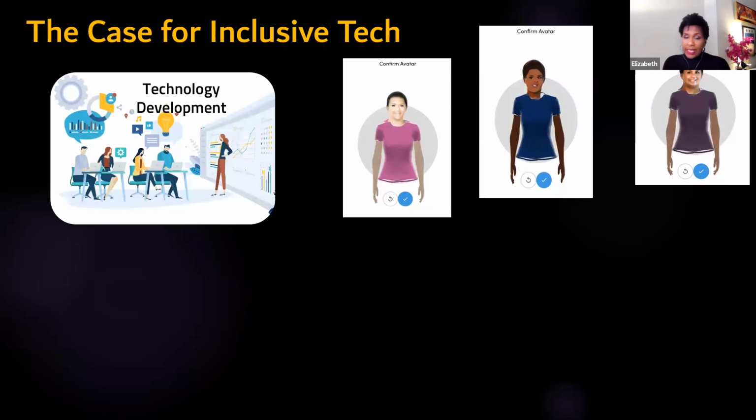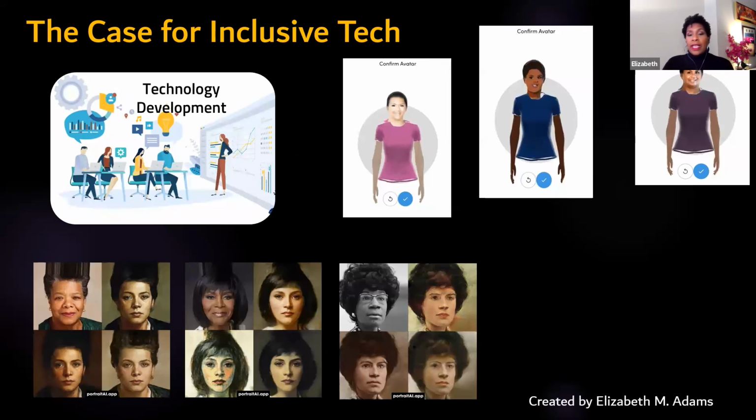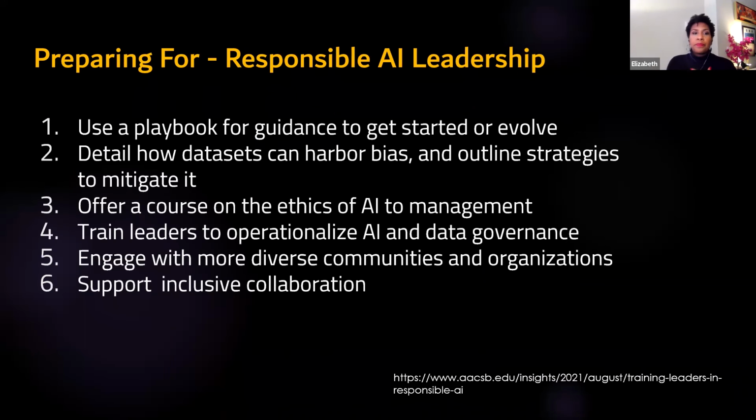So from facial recognition to predictive labeling to all of the avatars that you can see, you should be able to understand that inclusive tech should be a non-negotiable part of the technology development lifecycle, because these products not only have the potential to cause great harm, such as in facial recognition or predictive analytics, but there's also the exclusion and the ability to participate with colleagues through immersive experiences.